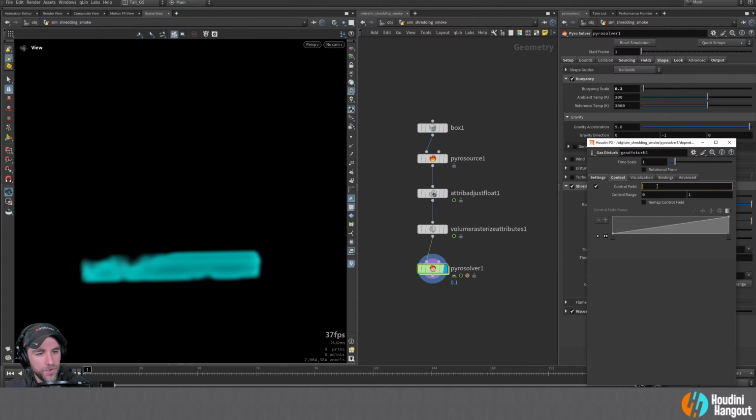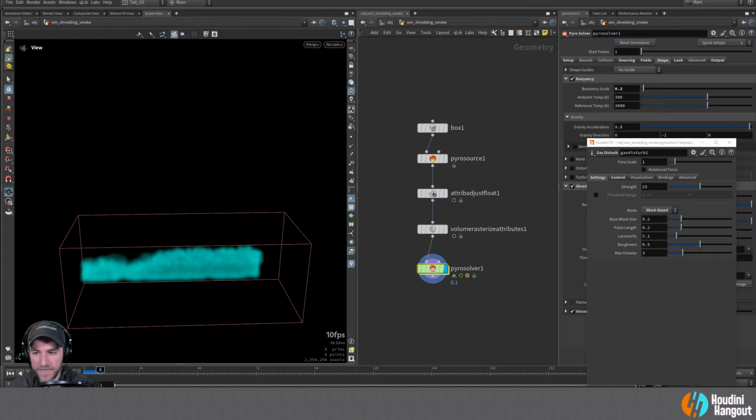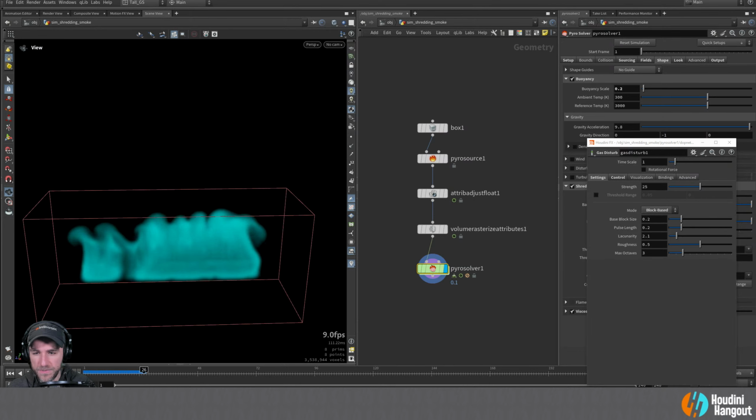And then we'll just use a control field and this we can control it maybe by the density. And here we could maybe remap this so that it's only going to work within a certain area. Instead of it being like linear, we could kind of add some interesting controls to this. So let's play around with this and see what we can get up to here. So this is going to